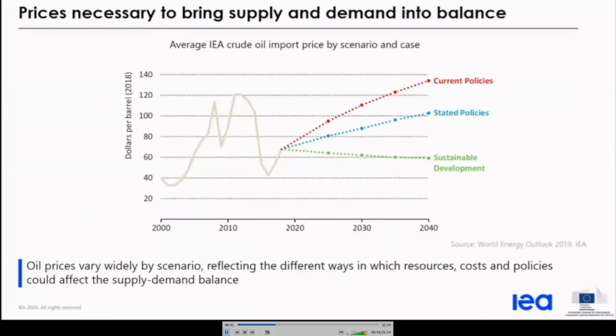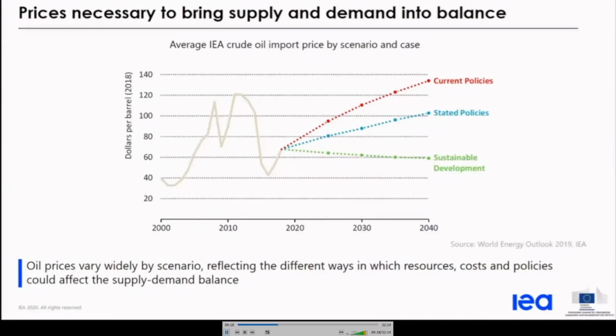Shown here, you can see the different price outlooks that were used in the World Energy Outlook in 2019. For the current policy scenario, and this scenario, in light of the COVID pandemic, was not utilized in our WEO 2020. It had reflected essentially a business as usual case that is not as applicable in the current environment. It shows the stated policy scenario or STEPS that reflect a pathway that takes into account all currently stated policies from governments and industry insofar as they are sufficiently detailed and robust to have a likely probability to be achieved.